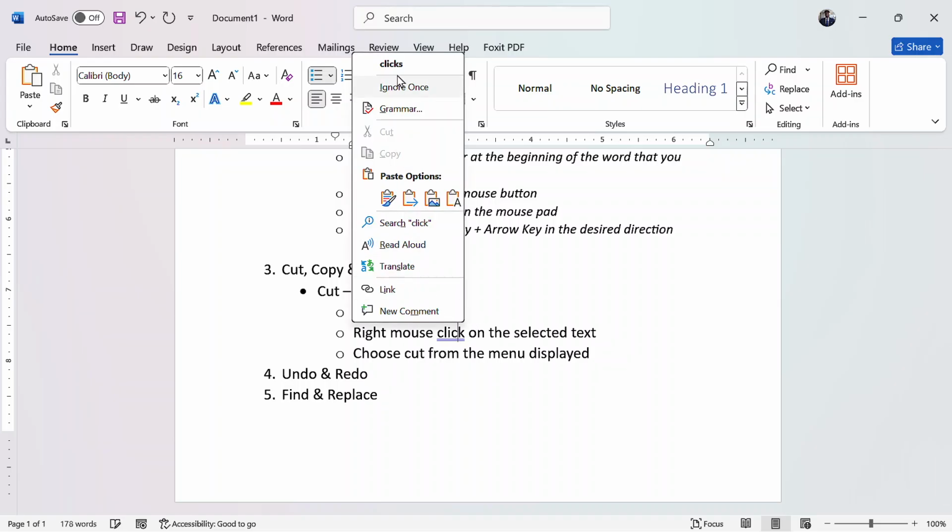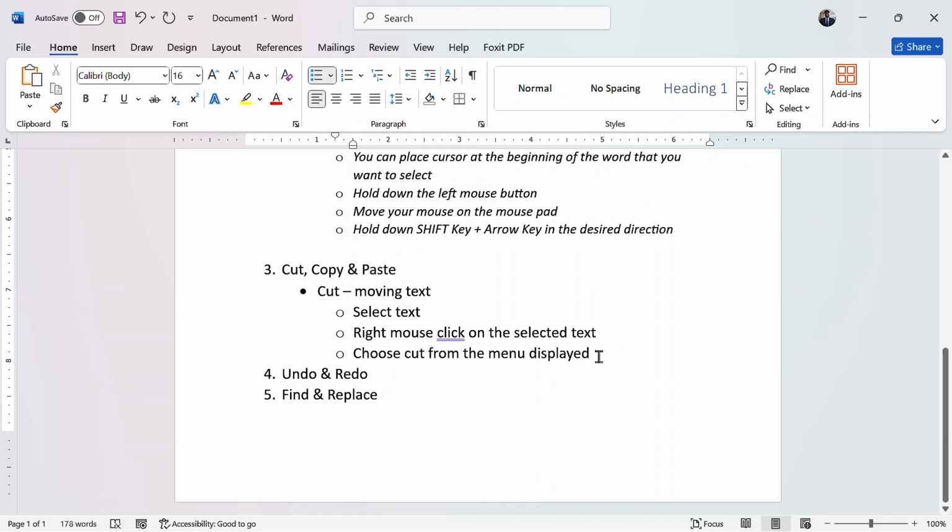The moment you choose cut, the selected text disappears and it goes to the clipboard.